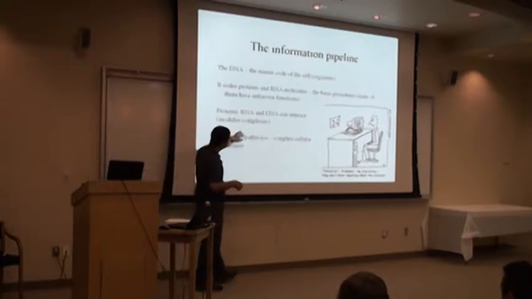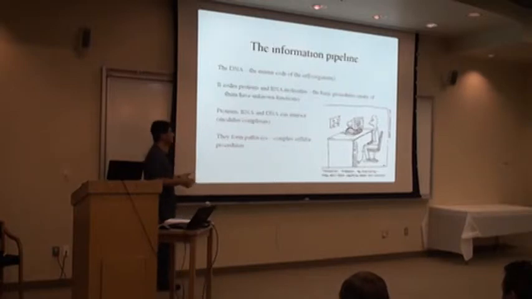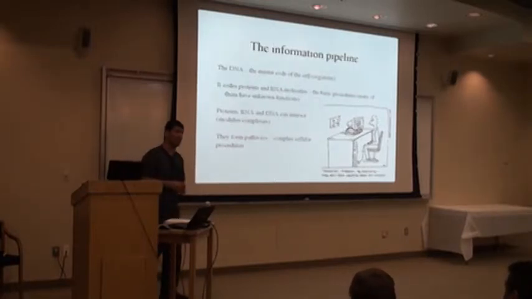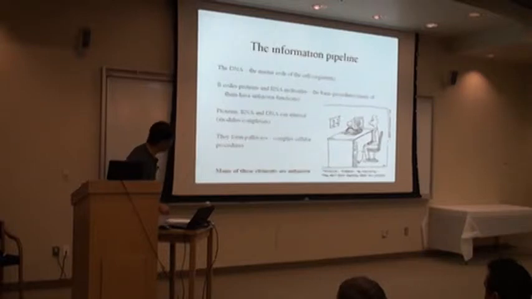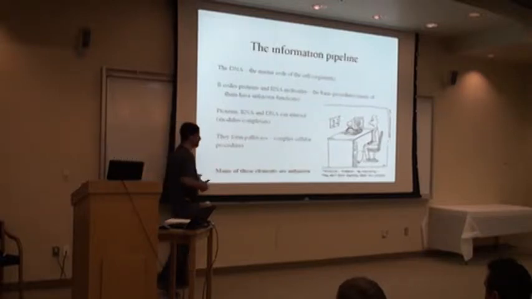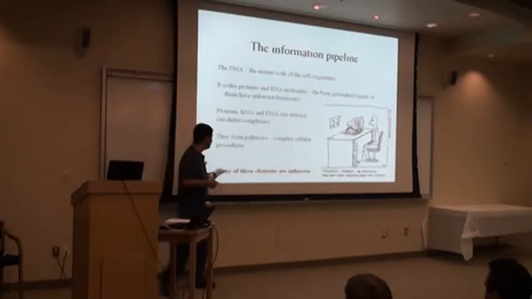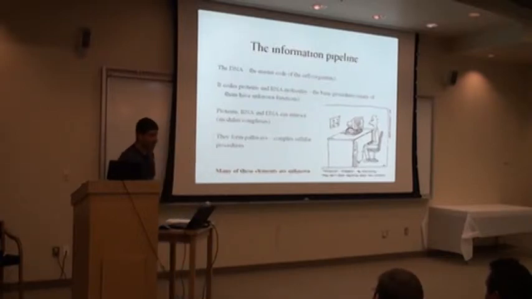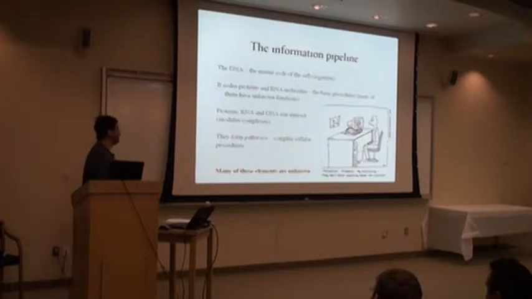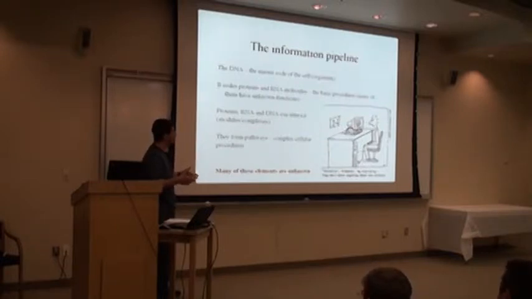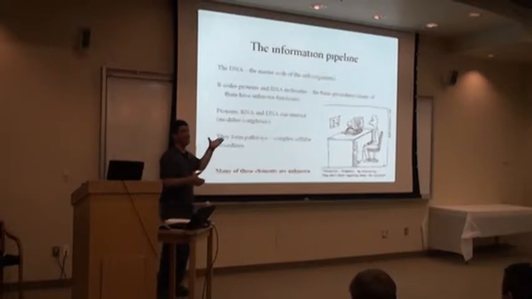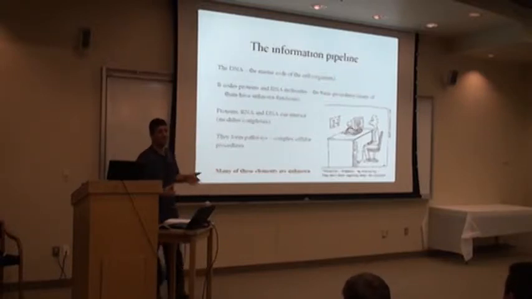We're talking about an operating system that works on elements. It is obviously very complex, and for many of the elements that are part of this system, we don't really know what they do, we don't even know what they are. Many of those elements are unknown. Although decades of research have accumulated a lot of information and knowledge about what's going on in cells and tissues, our knowledge as of today might be only the tip of the iceberg as far as what is still out there, what is still to discover.